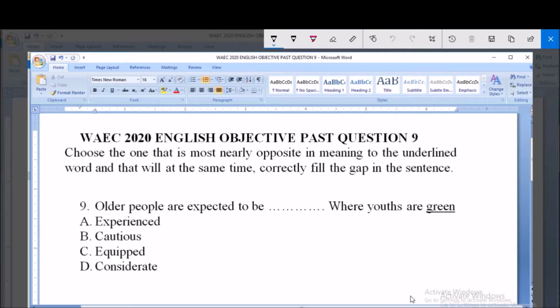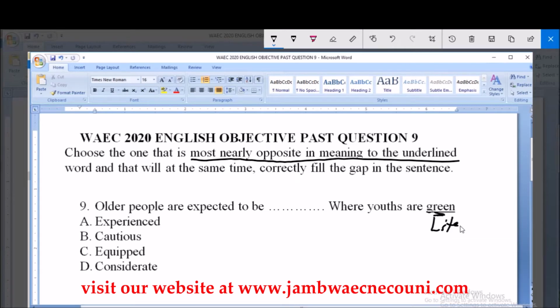Question number 9. The instruction here says that we should look out for the option among the list of options provided that is almost nearly opposite in meaning to the underlined word. And in this sentence, the underlined word is green. Literally and figuratively, green means